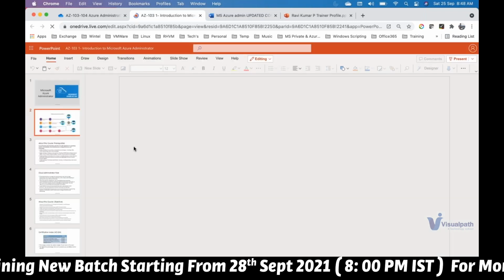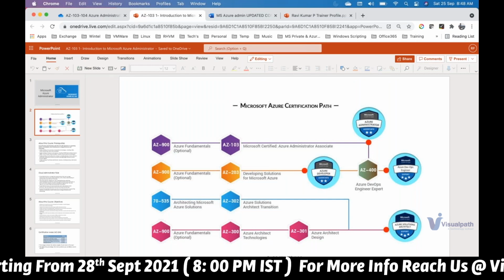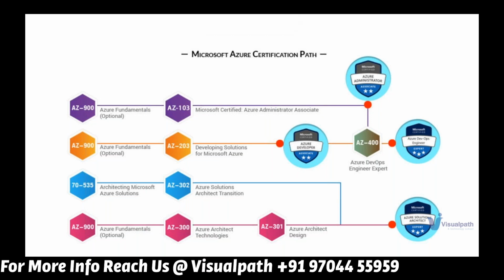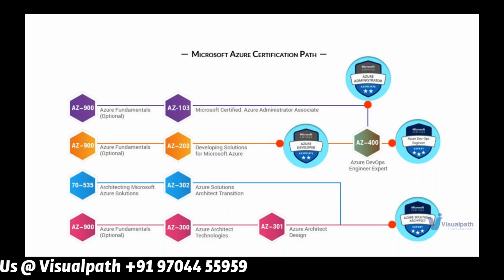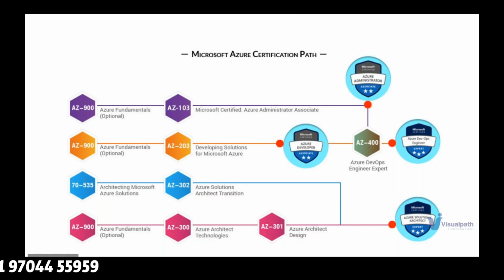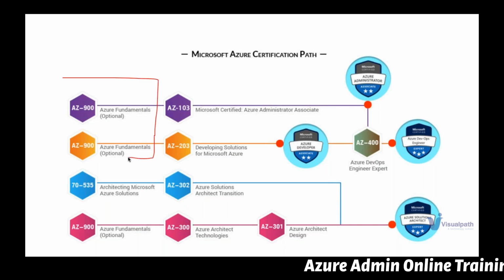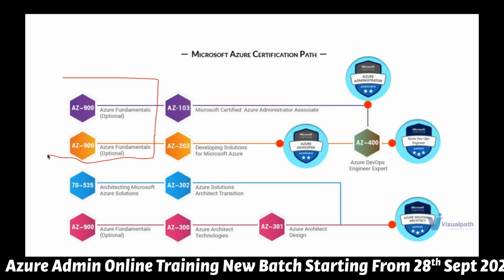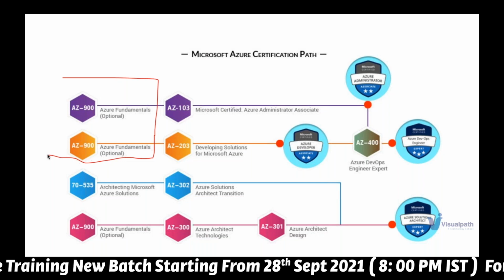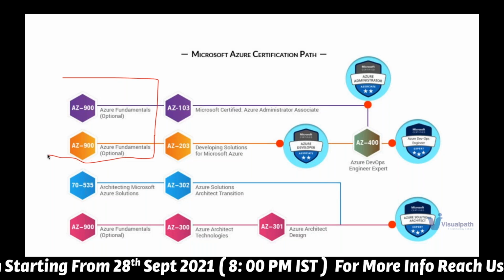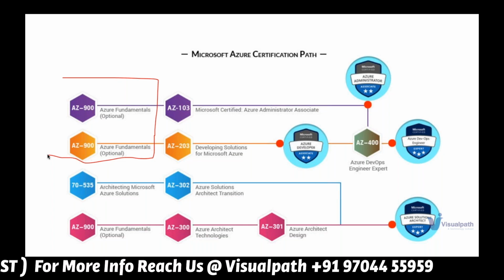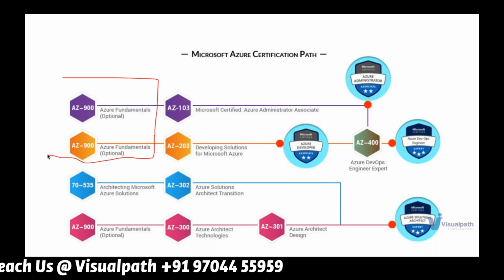So when you see the certification track, right, like what is the course I need to start with, and what is the next career path, or what are the certification tracks in Microsoft Azure? We'll try to understand that. So there's a certification called AZ900, which talks about the Azure fundamentals, and this is an optional training. It's optional in the sense that with AZ900 you can go through it, and if you want, you can get certified. Otherwise, you can ignore it. So AZ900 talks about the complete fundamentals, like what is cloud, benefits of cloud, what is Azure, and what are the Azure services. Okay, it's an optional one.